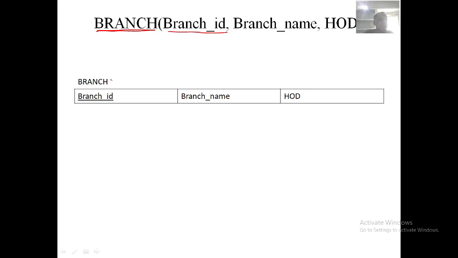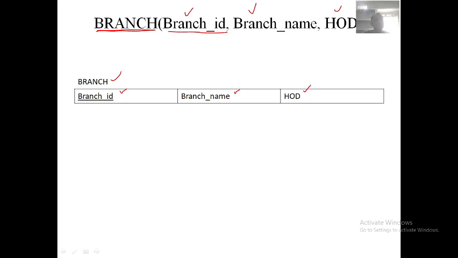It's a table name. Then it is having three attributes. First attribute is branch ID, then branch name, then HOD. There are three attributes. Attributes are nothing but column heads. Here the first attribute is branch ID, then branch name and HOD.